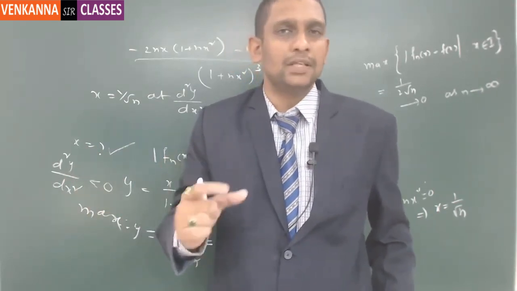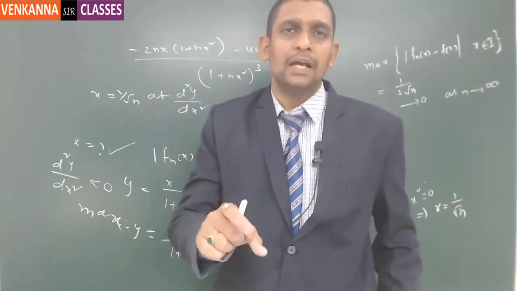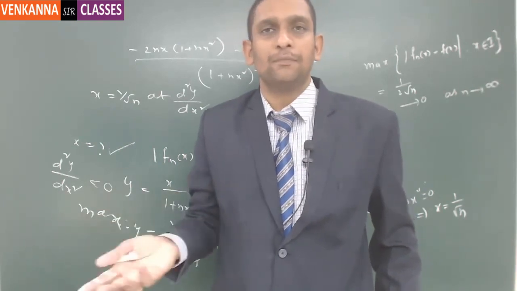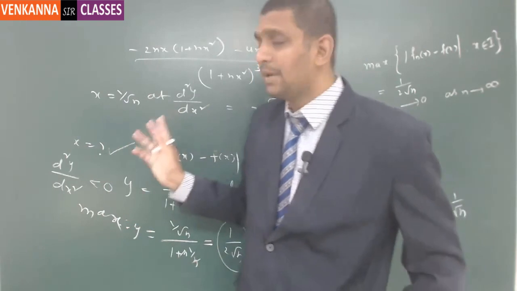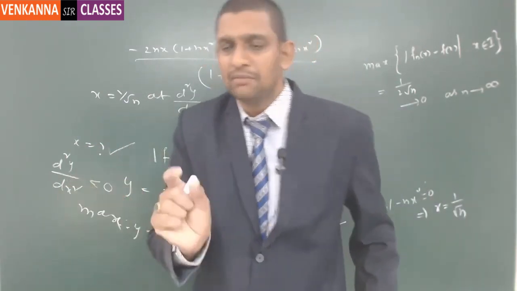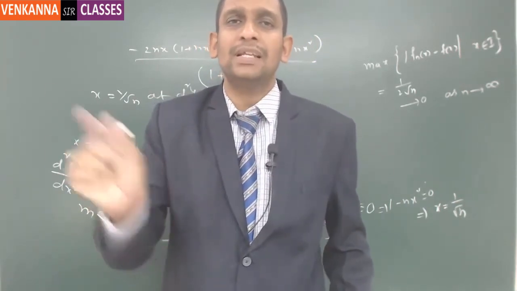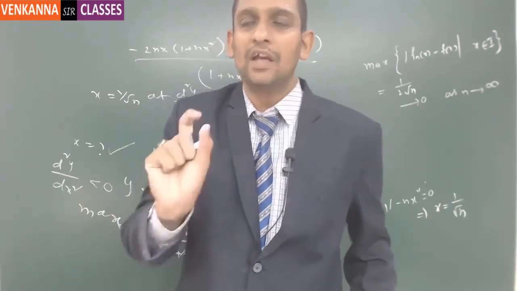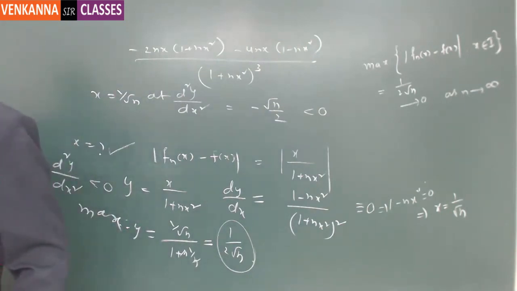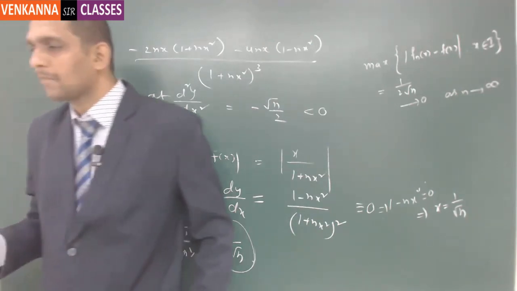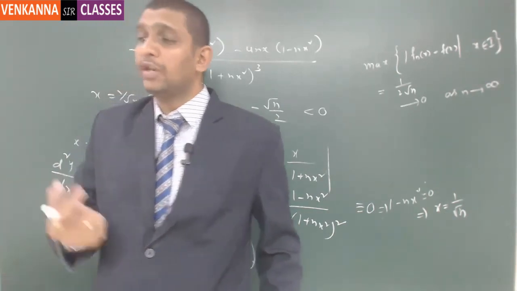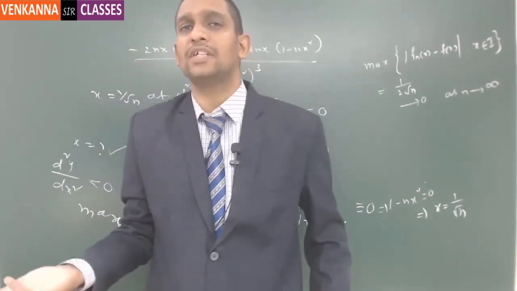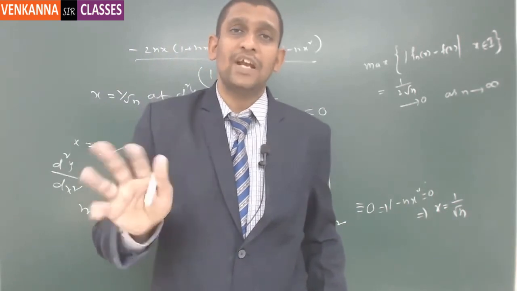See, whenever you have certain methodologies, the methodology is only defined to get the solution with respect to the problem. For this kind of problems, this is good. On the whole, you are yielding only one result. If you compare the drawbacks or advantages of this method, earlier you simply did mod fn minus f, assuming that this is less than epsilon, and you are able to find a term number. Is it convenient or not? Does having an expression for m involve more calculation? No. So if you are able to say that the expression is valid for every x, then it is uniformly convergent, otherwise not. If you are unable to decide that the expression is valid for every point in that interval,